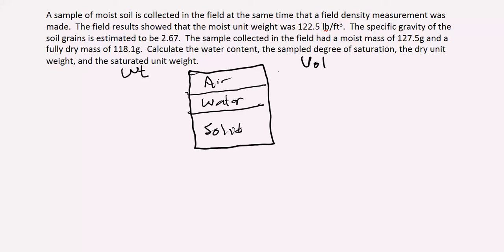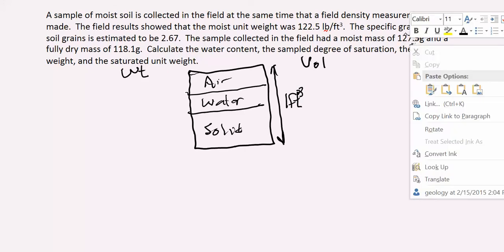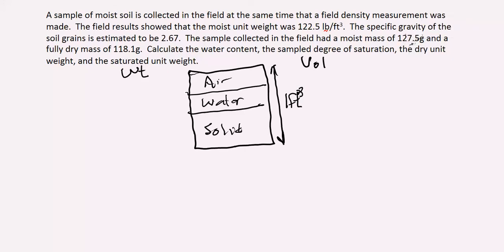So what I'm going to have to do in this problem is assume 1 unit volume. So I'm going to assume 1 cubic foot of soil. And these problems are always hardest to start. And in this case, what you need to recognize is that this information that we have here about what a small sample had a mass that was moist of 127.5 and dry of 118.1